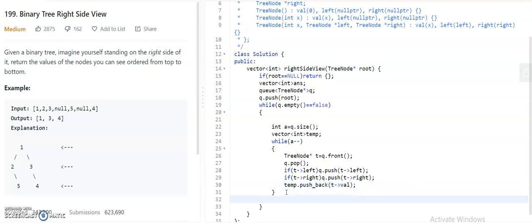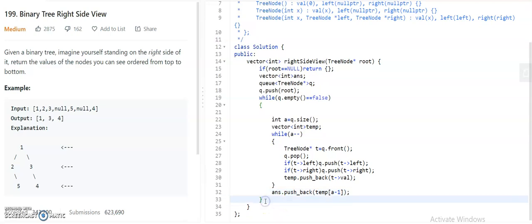So finally I have to push the rightmost element. The rightmost element will be present in the temp array at a minus 1. So finally I will return the answer array.